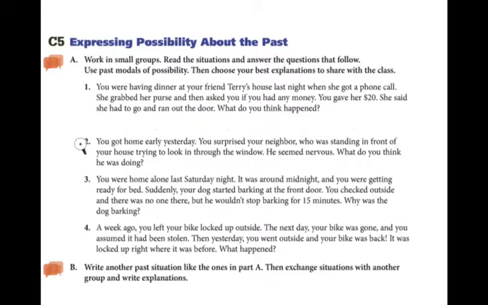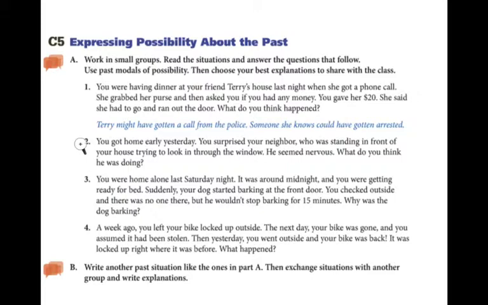So evidently, your friend didn't have time to talk to you about it. She must have been in a hurry. What kinds of sentences might you say about this situation? Terry might have gotten a call from the police. Might have gotten, past modal. Someone she knows could have gotten arrested. Could have gotten. That is past modal.